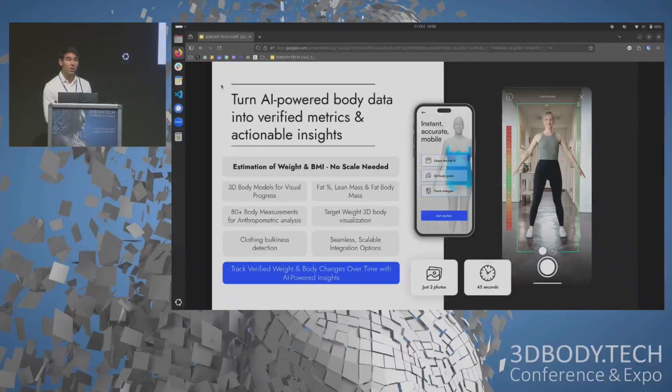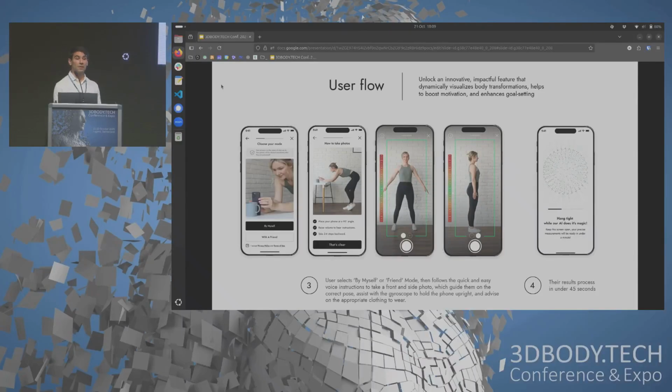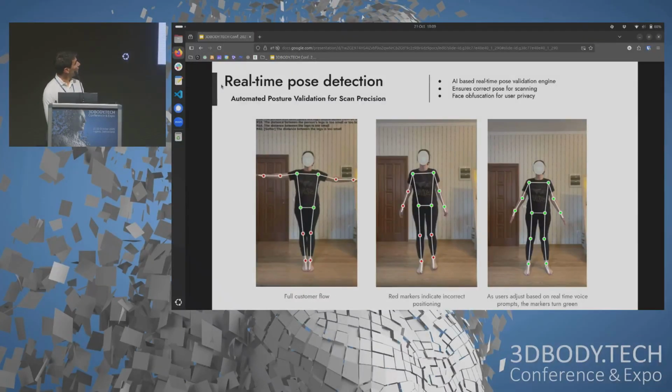Target weight 3D body visualization. So basically, we try to predict how the body is going to look in case of losing or gaining weight. The user is going to be guided through post-validation. So we basically show the main joints in red in case something is failing. We have 42 internal rules to guide the user into the ideal A pose for the front and